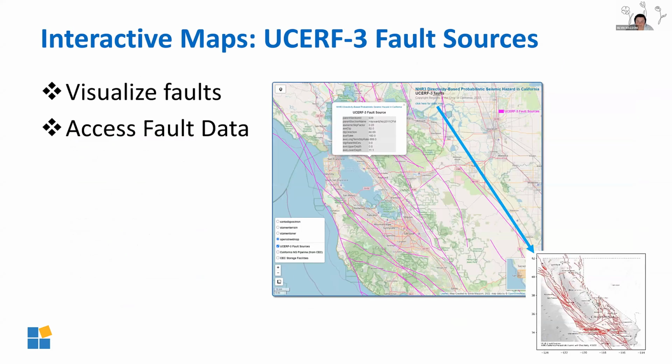I'm going to zoom in and show you one of the options that you have here, and this applies to actually all the maps. I'm just using this map to make it easy. So this is for the USURF3 faults. If you hover over a fault, it gives you the name. If you click on it, it gives you a little bit more information. And then every map has a little button here that says click here for static map, and it opens up the static map